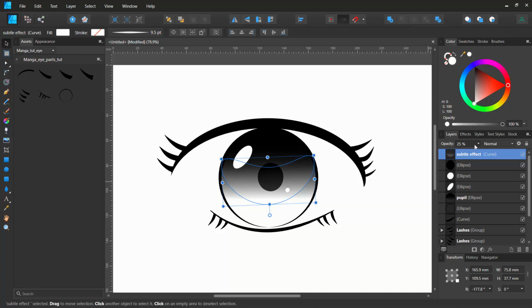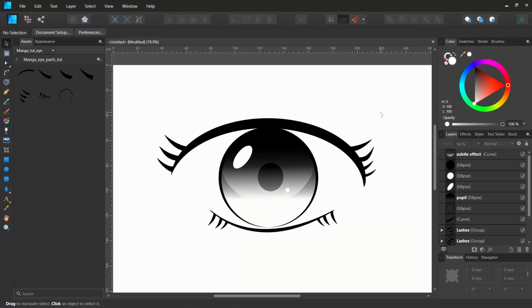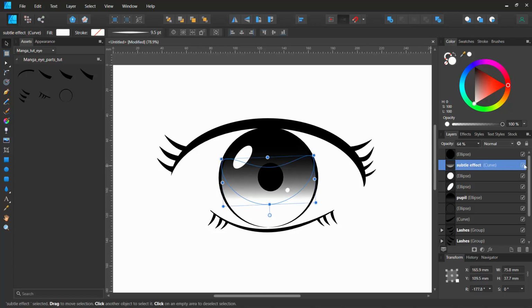So if we turn this up, we can actually see what it's doing. So we have this glassy reflection on the eye. It's super cool, it's super awesome. What it's also doing, it's making this eye look black. It's fading this out, so I'll just put this underneath so we can actually see that without this, with this,